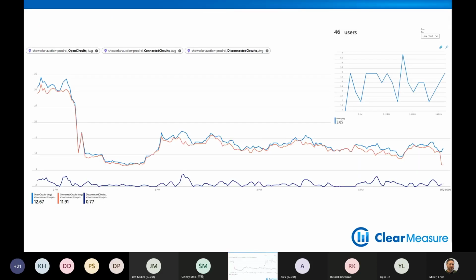Also, specific to Blazor server-side applications, we really wanted to know how many open sessions or open circuits were open per server instance. And so this is a graph of the open circuits.